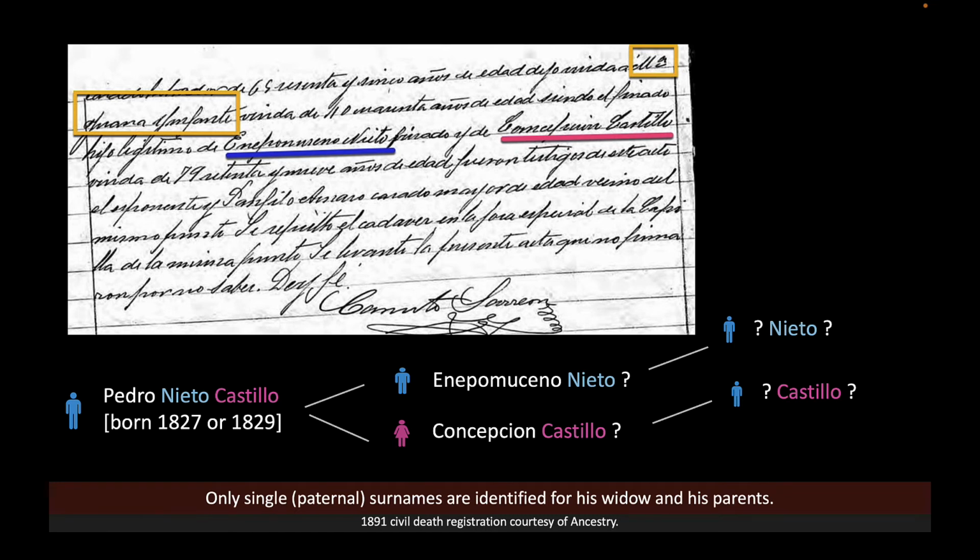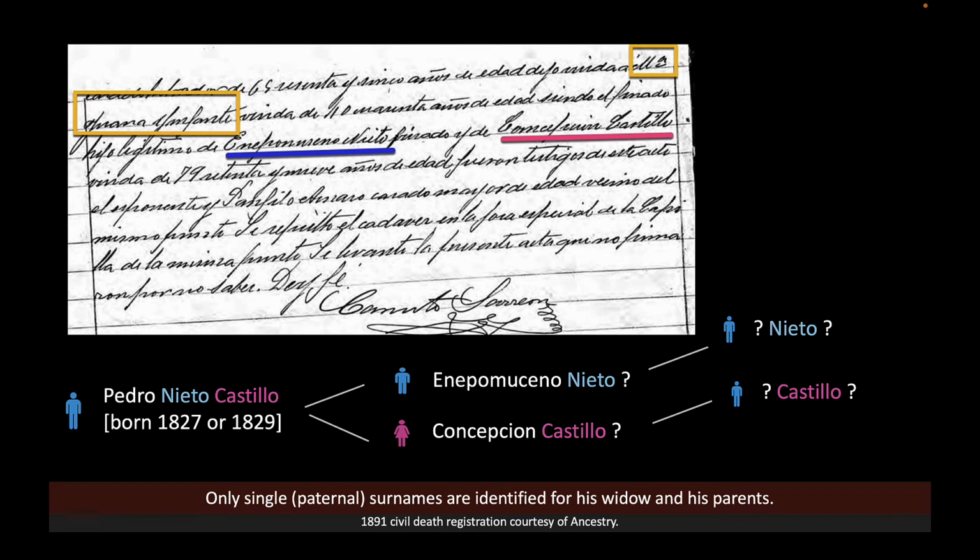She's wife number 2. I descend from his first wife, who had died earlier, before Pedro would have been allowed to remarry again. Maria Juana is recorded with just a single surname, Infante, so we can infer that this is